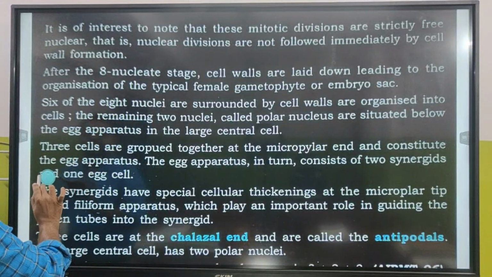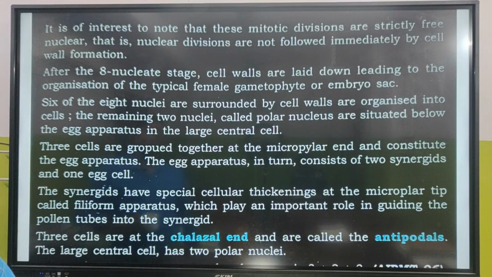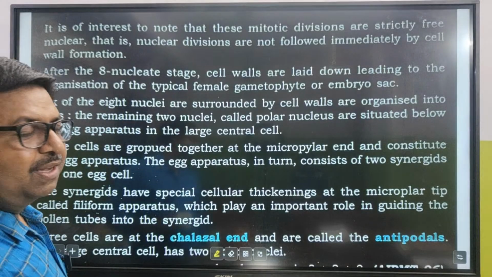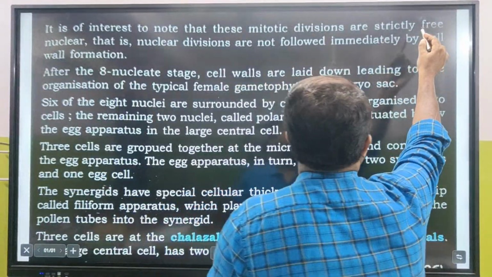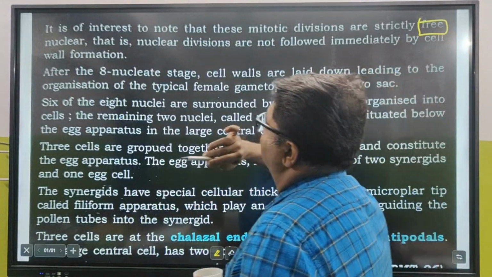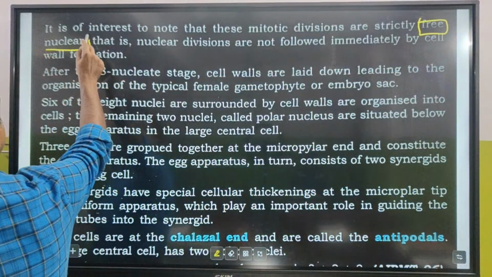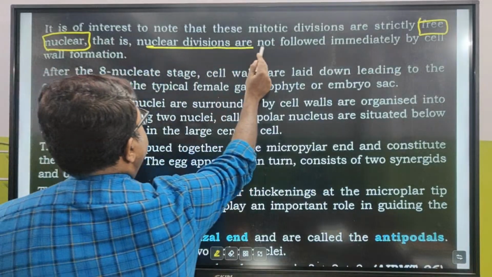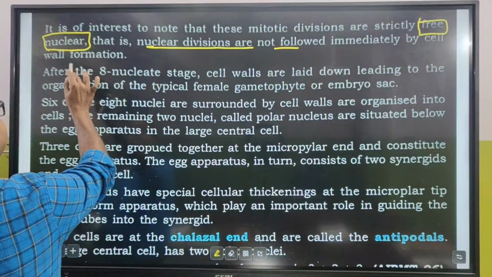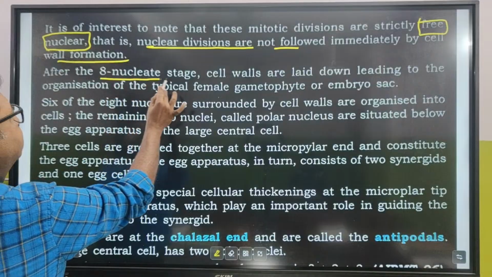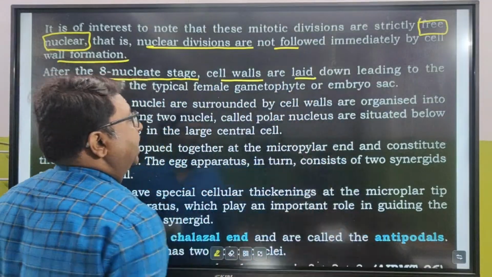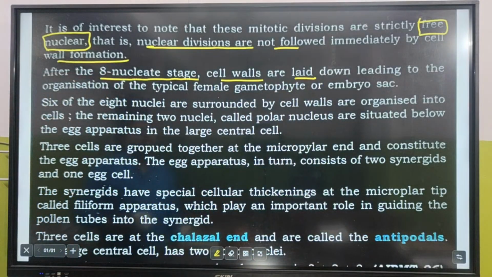It is of interest to note that these mitotic divisions are strictly free nuclear. Now what is the meaning of free nuclear? Very, very important. That means only nuclear division is going to occur without cell wall formation or without cytogenesis. That is, nuclear divisions are not followed immediately by cell wall formation. After the 8 nucleated stage, the cell walls are laid down, leading to the organization of the typical female gametophyte